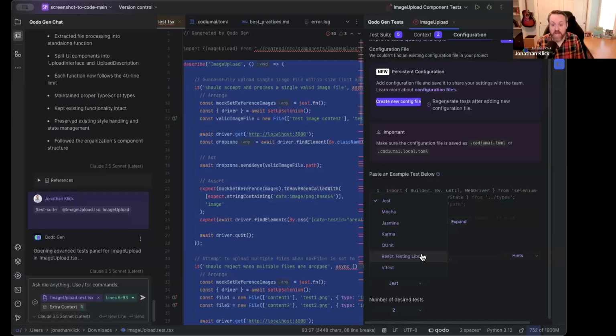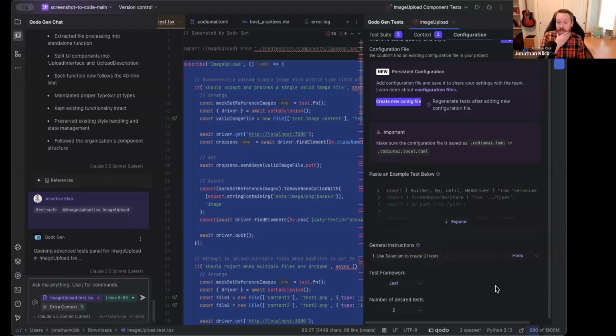So right now, I am doing TypeScript, which is going to have select libraries. If I was doing Java, you'd see JUnit in here. If I was doing Python, I'd see PyTest in here. And so the idea is that this drop down here will be customized based on the language you're using, and it is selectable. So while we would select a certain testing framework, perhaps the most popular one by default, you have lots of other options that are available here.